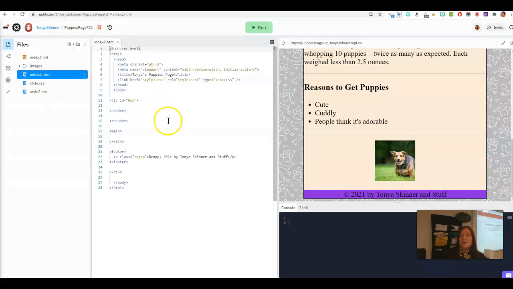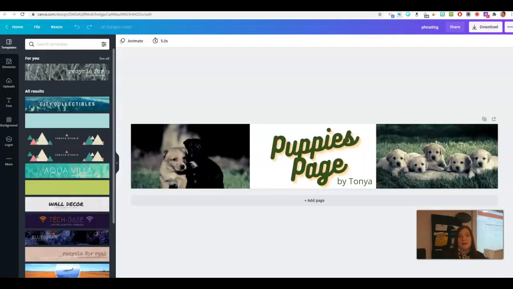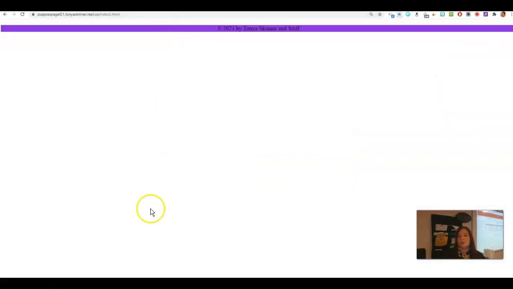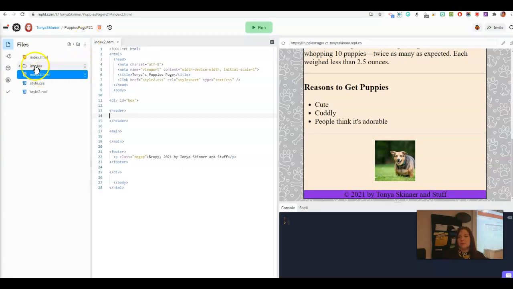Okay, so in here, I've got my header. What you were supposed to do in class today was to put your banner. Your banner was this thing that we made in Canva. It should look something like this. You're going to call it P heading. You can type that in up here, and you hit download. PNG is good, and then you hit download, and then you drag that file into your Replit. So basically all you have to do is drag it into your